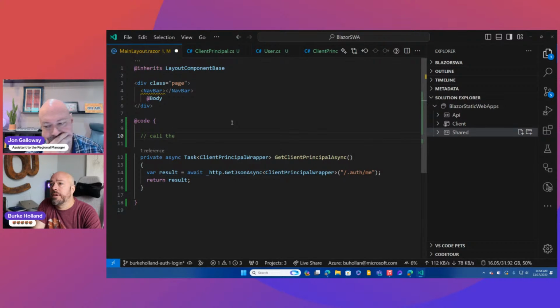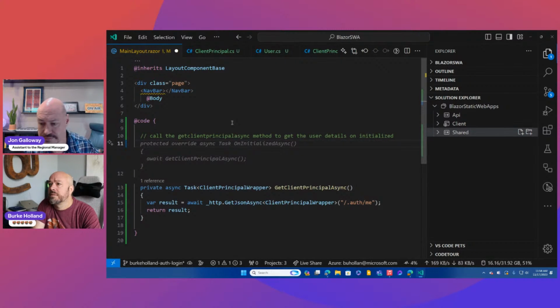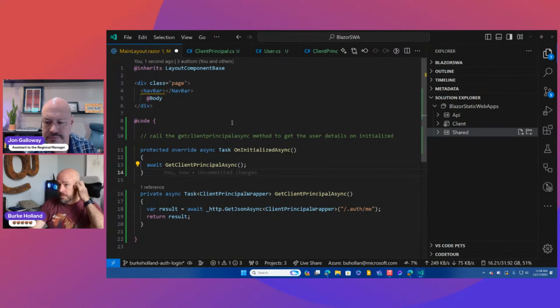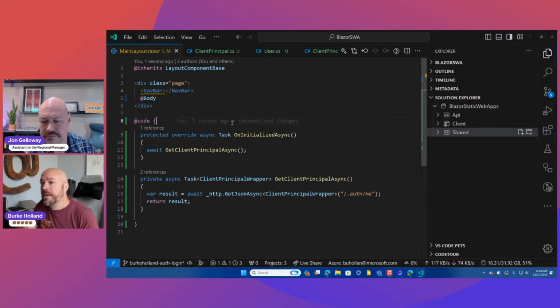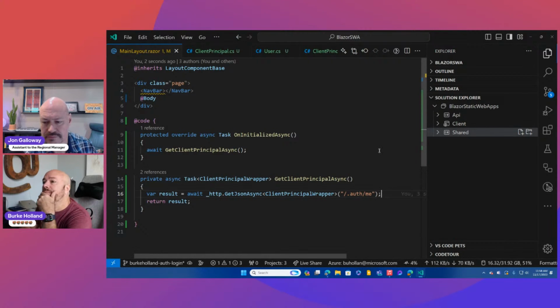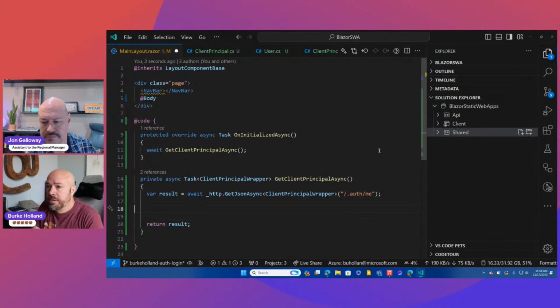Call the get client principal async method, get user details on initialized. Is that what it is? Okay. And then the result's going to give us a client principal wrapper. So then we want to say our user equals